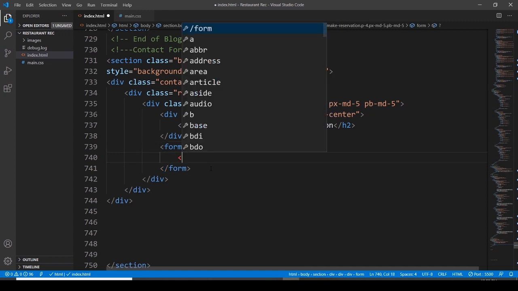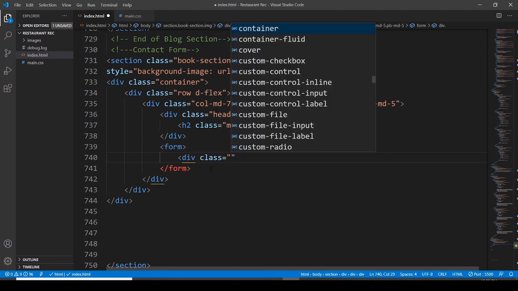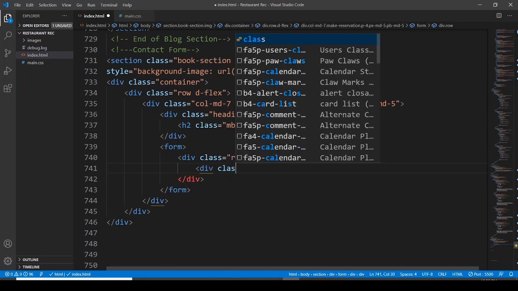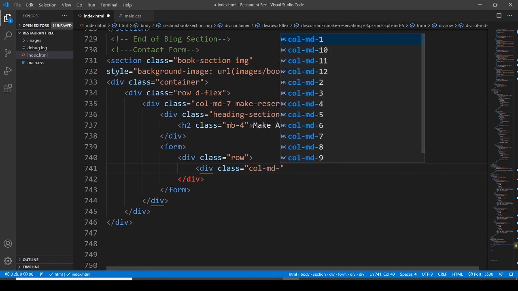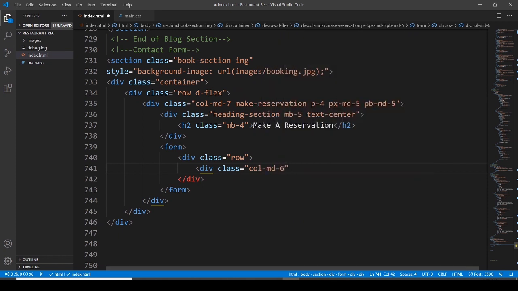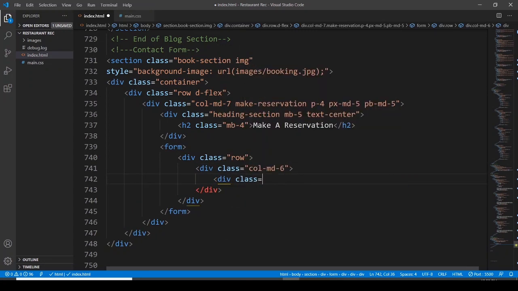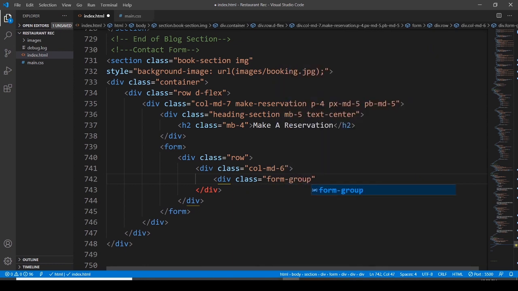and within the form element, let's go with the division, assigning it a class, and this class is going to be row. Then I want to go with another division, assigning it a class, and this class is going to be column medium 6, and division, assigning it a class. This class is going to be form group,